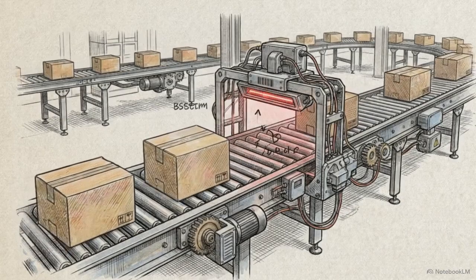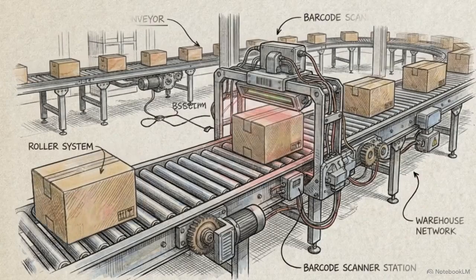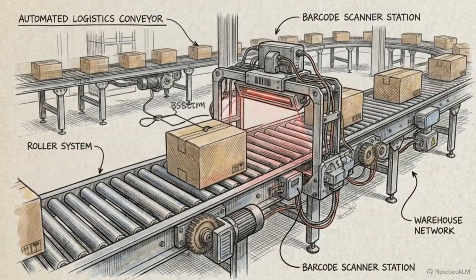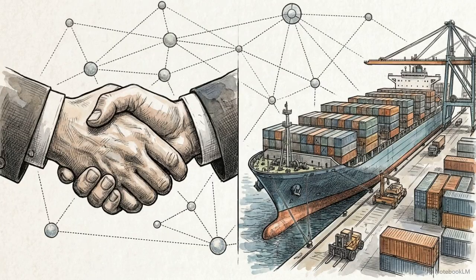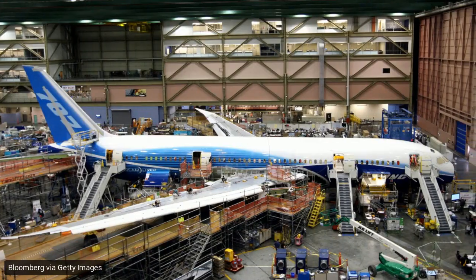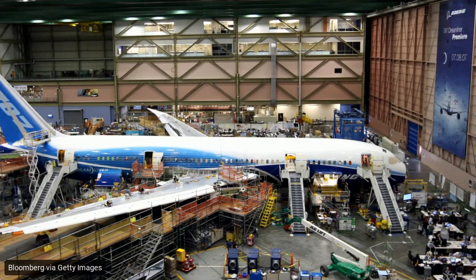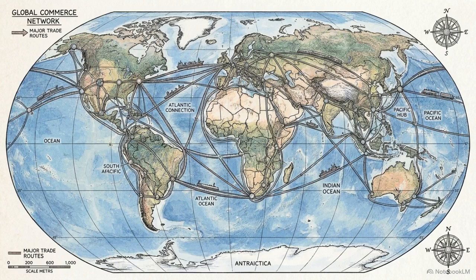These integrated chains require buyers and sellers to share sensitive data and align production schedules over years of cooperation. Because a single breakdown in this trust can halt entire industrial sectors, these partnerships depend on sustained reliability and transparent business ethics. Business marketing provides the logistical framework for global production. Success in this field requires moving beyond the individual product to master the interconnected networks that physically assemble the modern world.